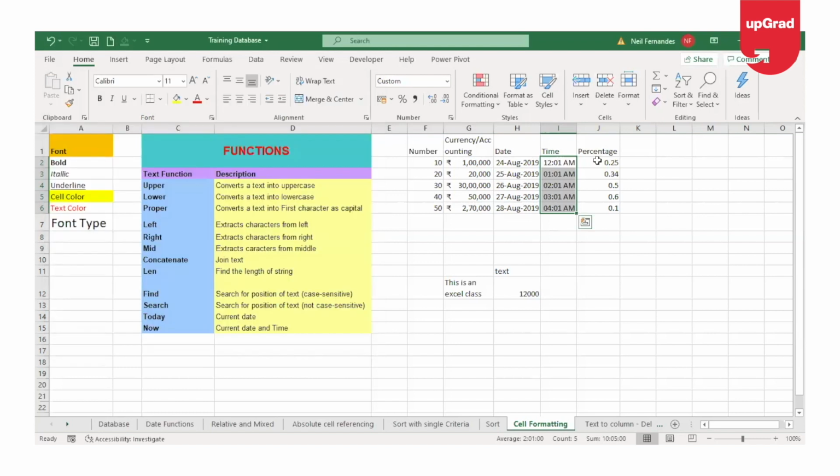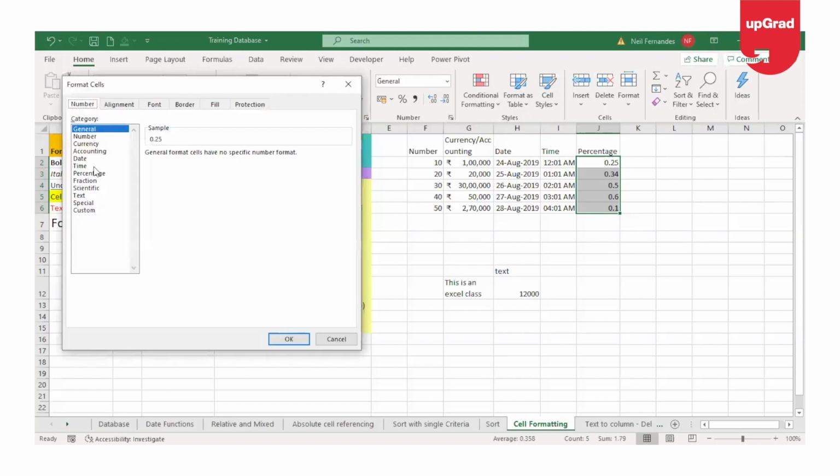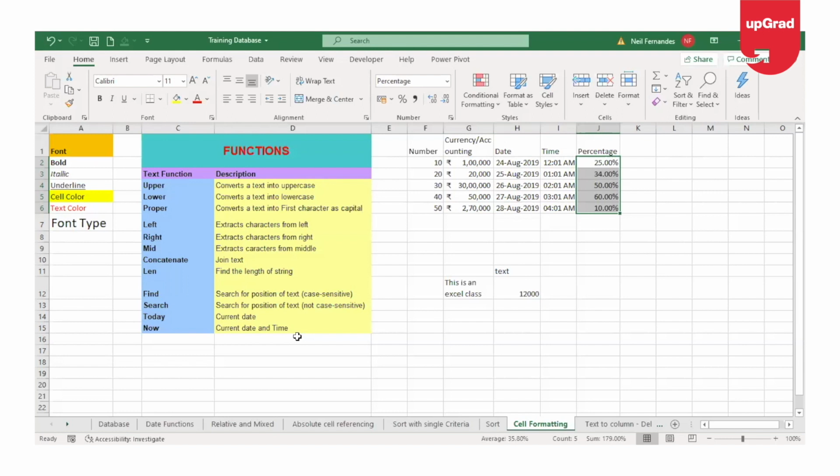Next is your percentage. The percentage format is used to show a particular number in the percentage form. However, you have to be mindful that when you change any cell which has a number into the percentage format, it will automatically multiply the number in that cell by 100 and then give you the result. So you will see that it has multiplied whatever number was there by 100 and given you the result. Another way to do that, again, there is an icon which you can see here. You can click on this icon to change it to a percentage, and that's how you get the result for the percentage as well.